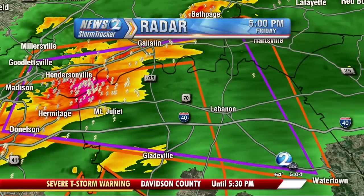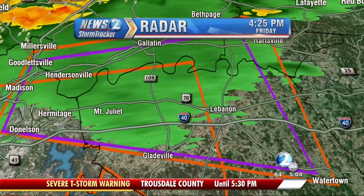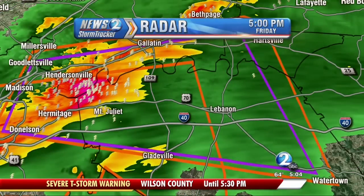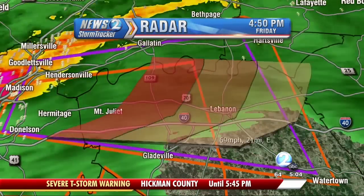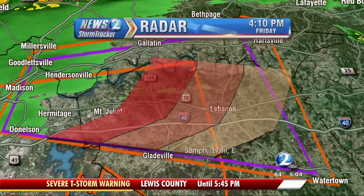Up into quite a squall line here with these individual cells within the line itself. One of those is the one moving just past Mount Juliet right now. That's the one that has the hook echo that was developing on the Doppler radar. Again, a tornado hasn't been sighted at this point. It'd be hard to see with all this rain. Oh yeah, it would be rain wrapped, which would mean it would be extremely dangerous,